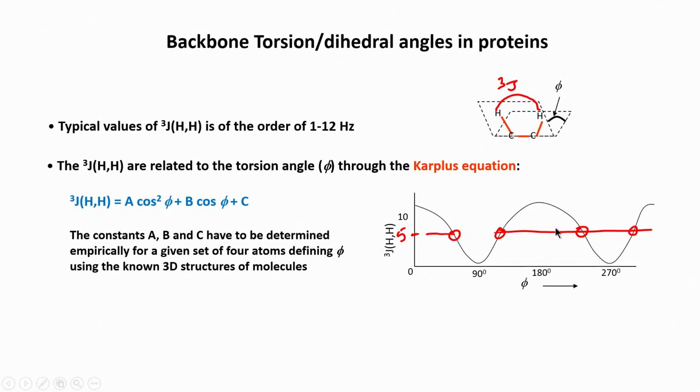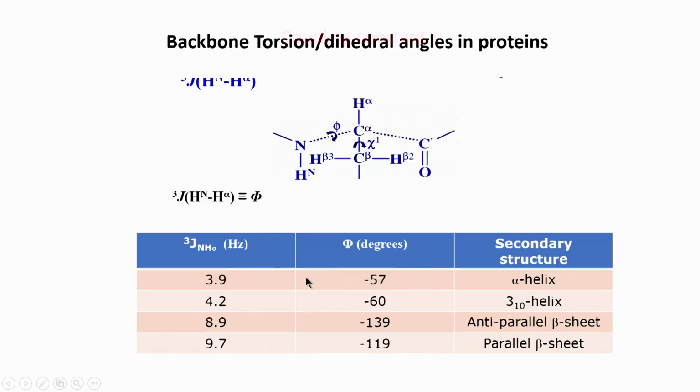But still we get an idea of where the phi value could be, what kind of values we can expect to get. So, that is how we use this method: based on the J value, we try to estimate what the phi value could be. This is kind of an approximation. Or vice versa, if I know the phi value, I can estimate the J value. So, this is another option to use this approach.